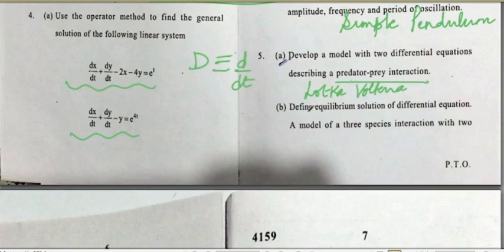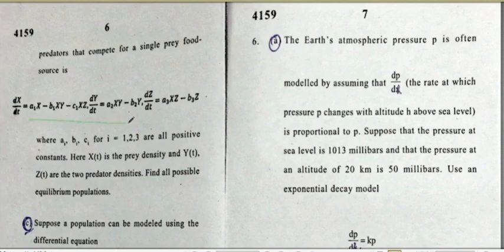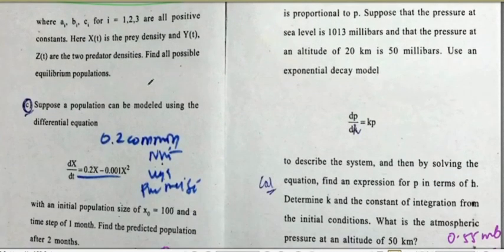The next one was to define equilibrium solutions. Equilibrium solutions, you know, for a differential equation are points of zero rate of change. And there's a question attached to it which expects you to find the equilibrium position of a model where you have three species interacting with each other. There are three species. X(t) is prey 1, Y and Z are two predator populations, and you were to find the two possible equilibrium points. So this is a question from the exercise of Barnes and Fulford, a standard question from the guidelines. So that's the second part.